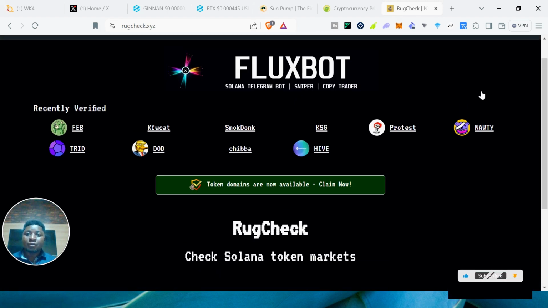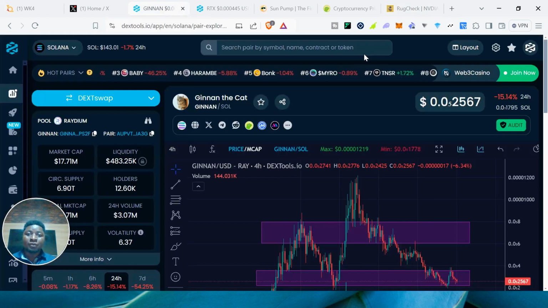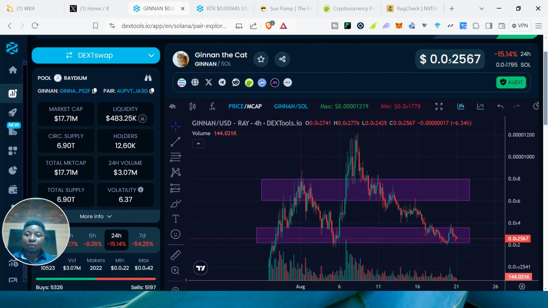So the second tool is the contract address. The contract address of the meme coin that you want to ape into. Now, you can use different platforms. You can use CoinGecko or CoinMarketCap. But the two places that I use, where you can get the contract address for newly listed meme coins, are Dex2 and Dexscreener. So on Dex2, you can come to this place. You can copy the contract address of this meme coin. Then you can take the contract address to Rugcheck and check the data to validate the risk level for the